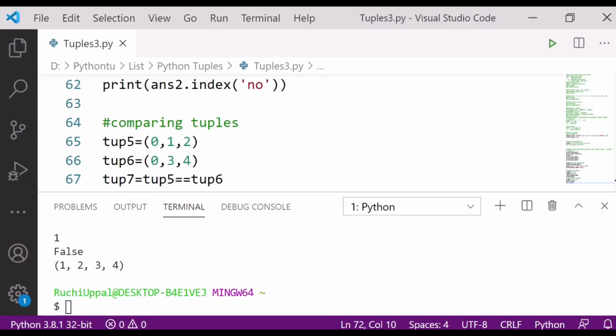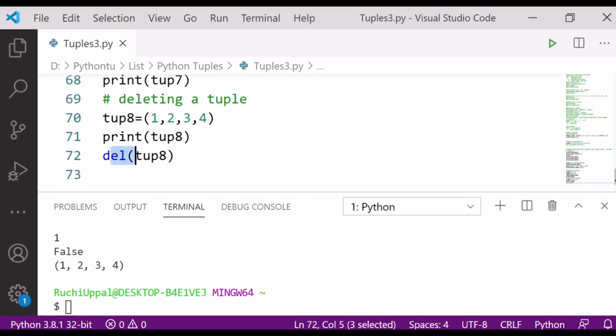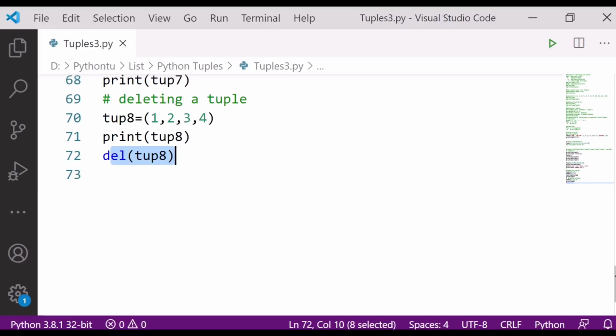You can see here, first it is printing, and after that it is not showing anything, it is empty, because after that I told it to delete. I hope it is clear to you how to use delete. First it is printing it, after that it is deleting it, so it is not showing anything. Fine, I hope these things are clear to you.